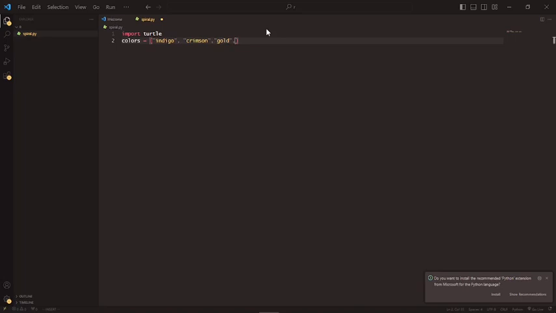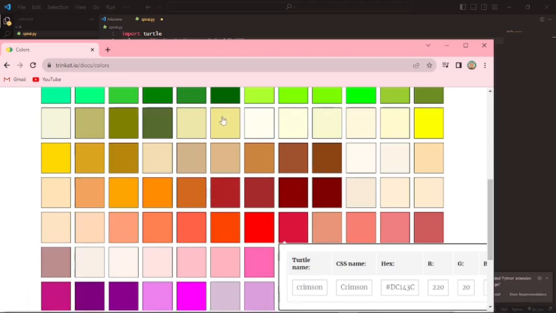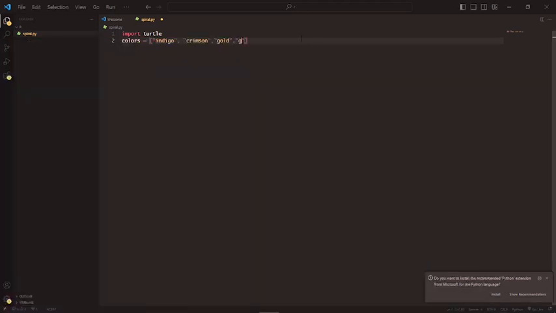So make sure you write 6 colors. So after you're finished with all of the colors, then